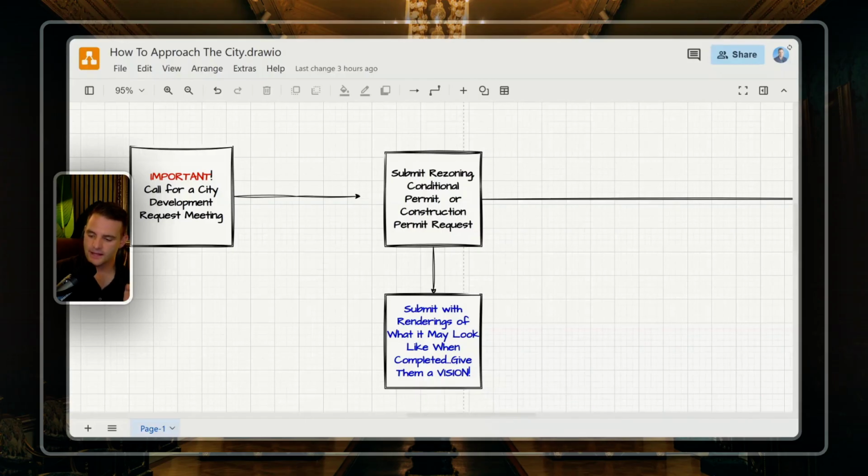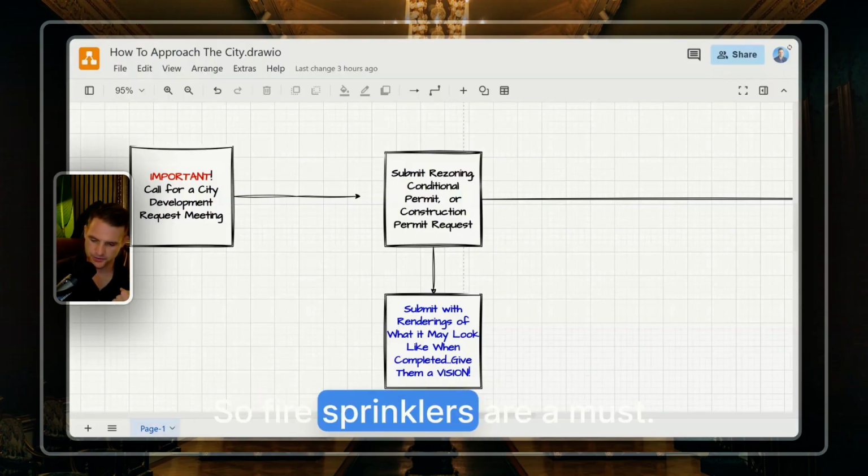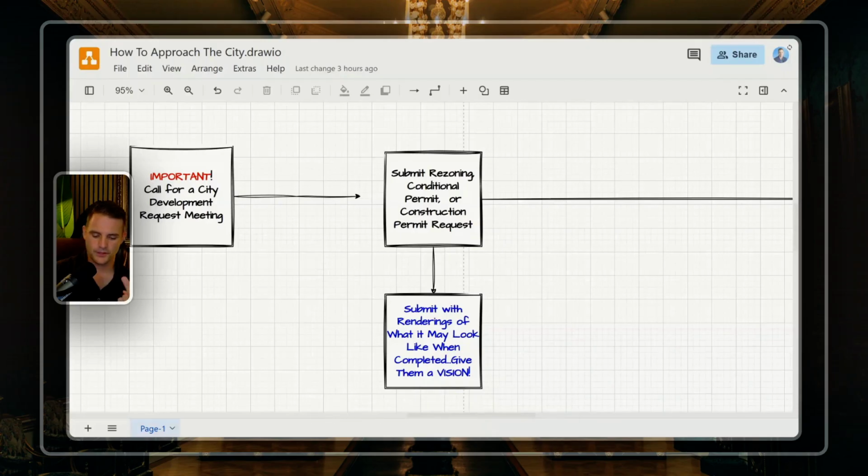They're going to say, you have to install fire sprinklers because now you've made this residential and you're rezoning. So fire sprinklers are a must. You must run this through an asbestos scope. We need tests and samples to make sure there's no asbestos. And if it's an older motel, there probably is. So you're going to have to abate that, by the way. You didn't have to if you kept this a hotel. Well, that's not always true either, which we'll talk about in another training.